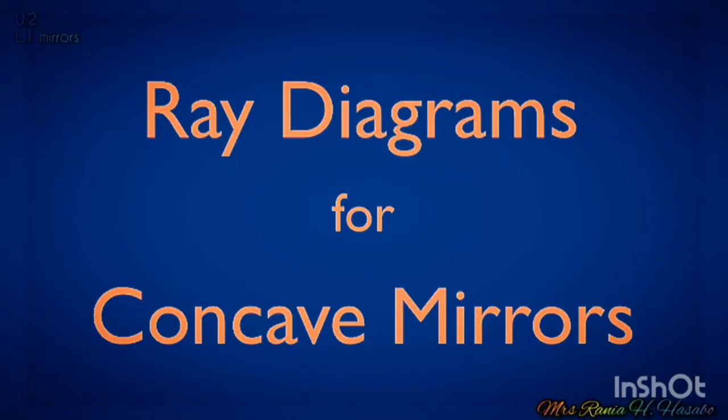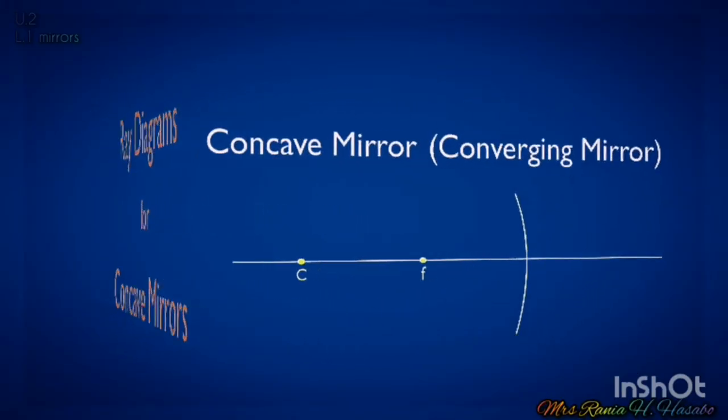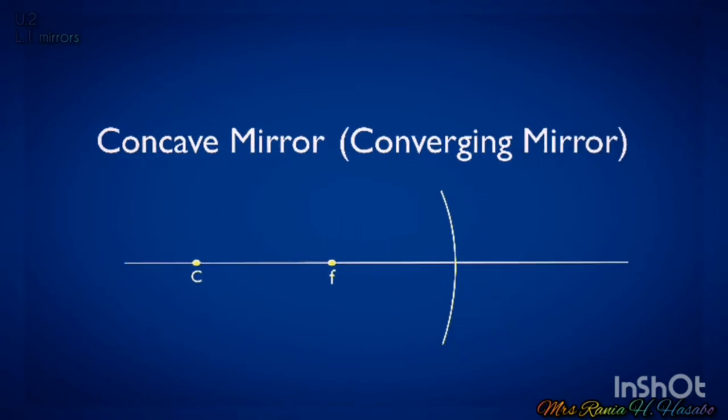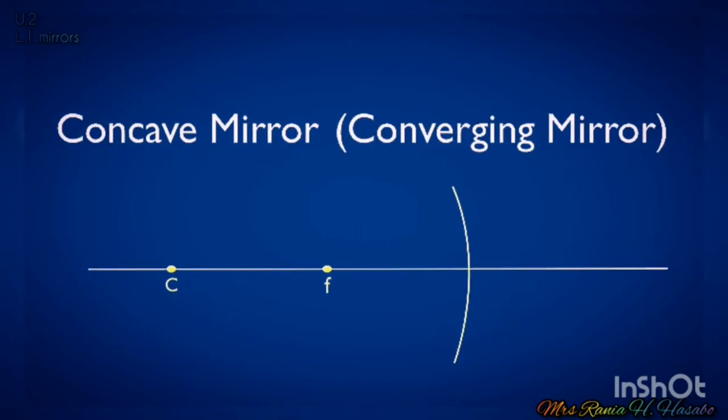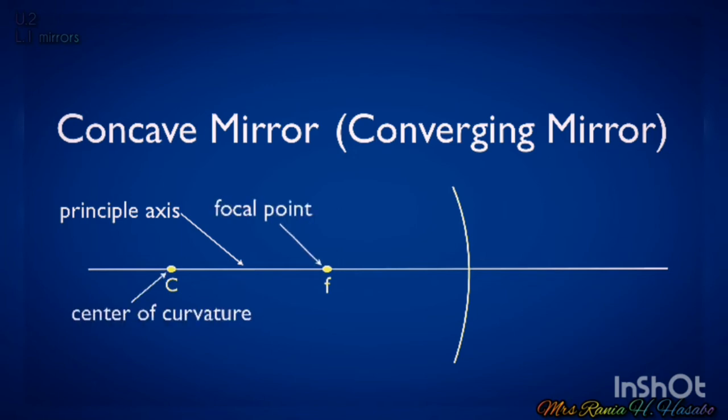Ray diagrams for concave mirrors. Remember that the straight line which passes by F and C is called the principal axis, and C is the center of curvature of the mirror. F is the focal point, and the distance from F to the pole of the mirror is called the focal length. The concave mirror is a part of a big circle, C its center. The distance between C and the pole of the mirror is called the radius of curvature,